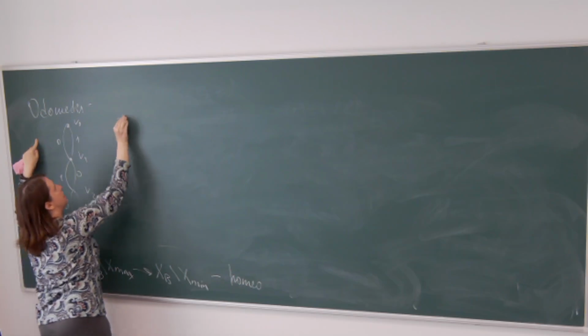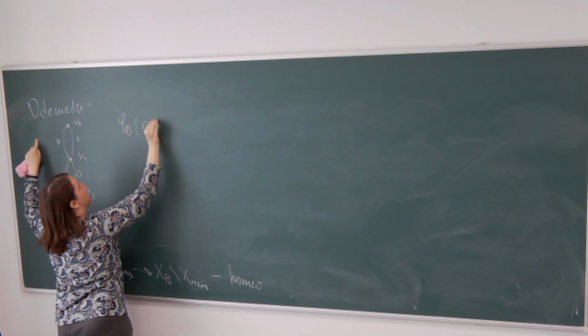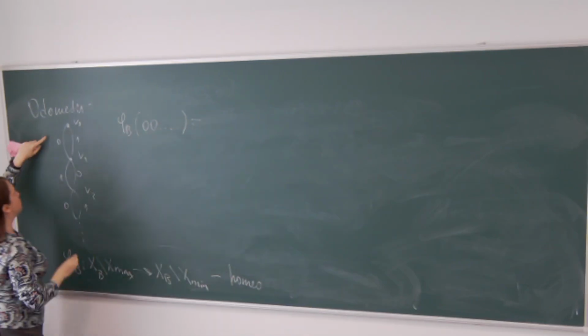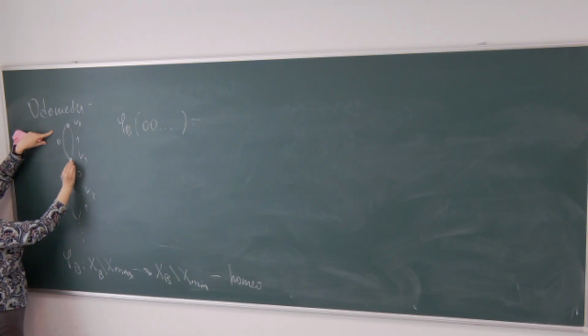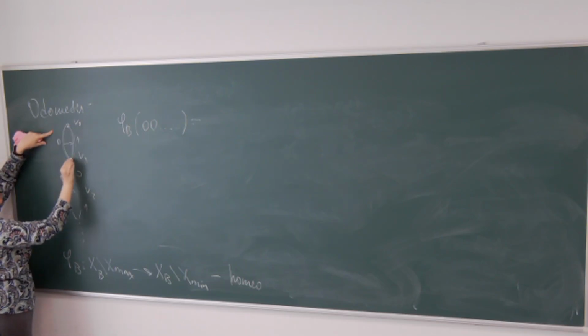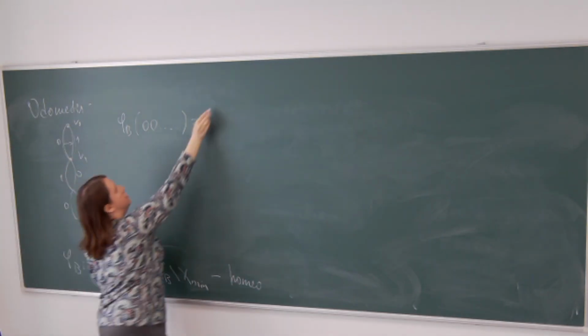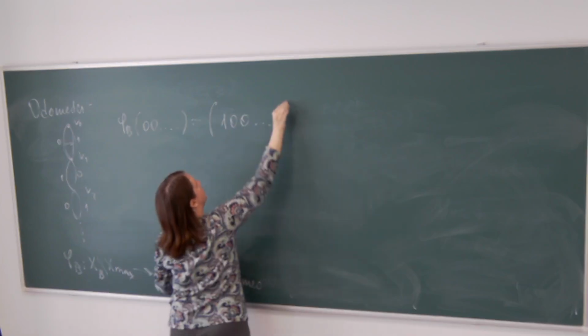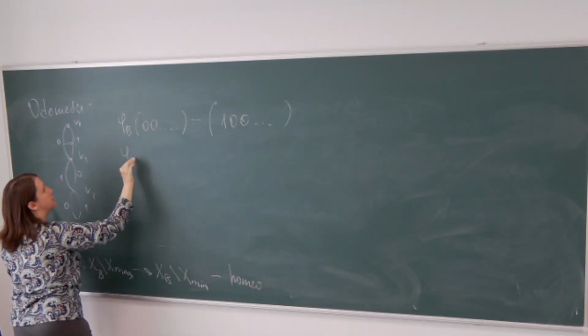Let us look at the image of the unique minimal path. This is our first non-maximal edge. It's mapped to a successor and the tail remains unchanged. So we get 1, 0, 0. Now if we look at the second image,